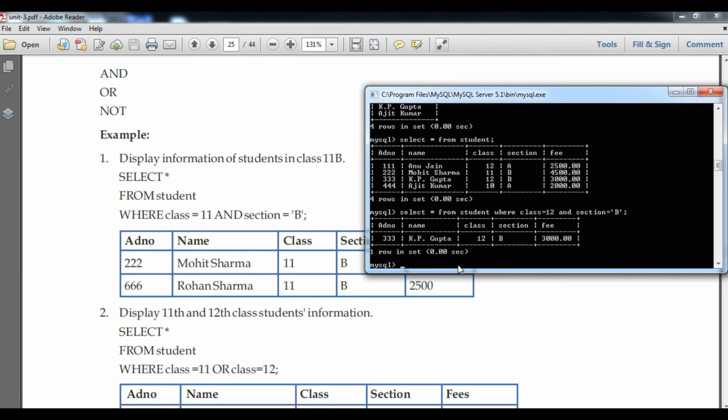Now you can see only KP Gupta has come, because he studied in class 12th along with section B.